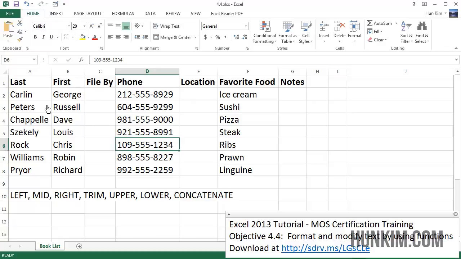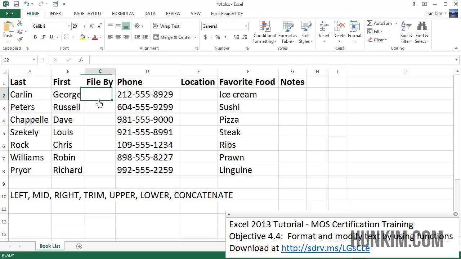And what I see here is some first names, last names. These are famous comedians. And we have some phone numbers and their favorite food. So we're going to file by their last name. Imagine we have a bunch of file folders, some folders by ABCDs. And we're going to find the first letter of this